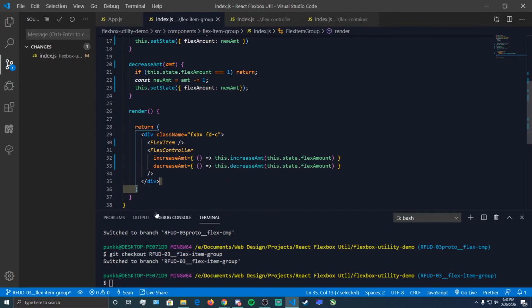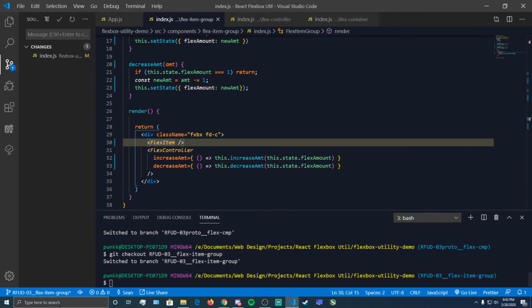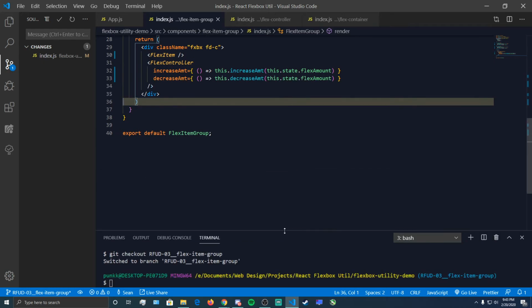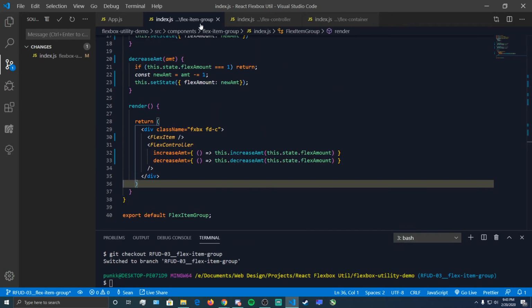Okay. So what we want to also do on top of this is we're going to have to set the flex item, because this is essentially going to be our flex item. The flex item inside of there is just kind of like a container element. It doesn't actually have the flex properties to it. It could probably just be called item. We're going to actually control the entire size of this element, flex group,